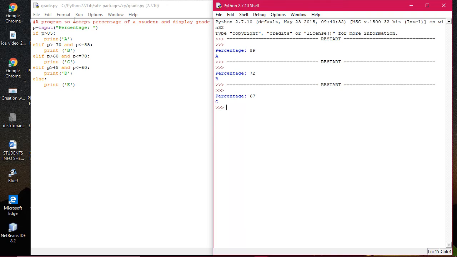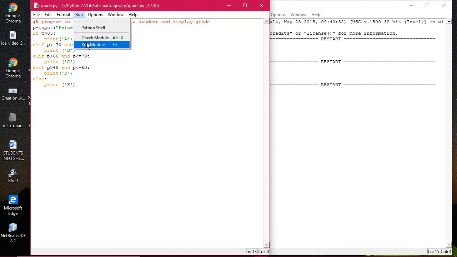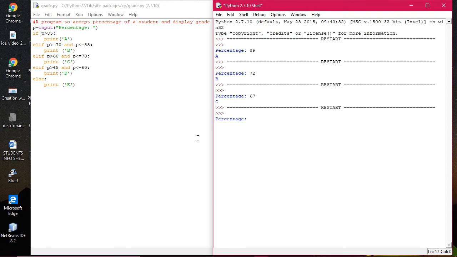All right. Now I am executing once more to check the fourth one. This time I am entering say 54. Now you see, when I'm entering 54, it is showing me grade D. Why is it so? Because 54 greater than 85 is false. It is not within the 70 and 85 range, not within the 60 and 70 range, but it is greater than 45 and less than 60. So whenever one condition is false, it comes to the subsequent condition and so on. So it is printing grade D.